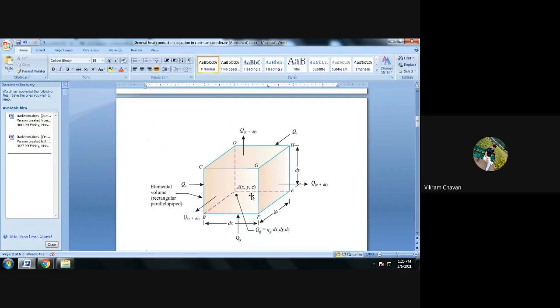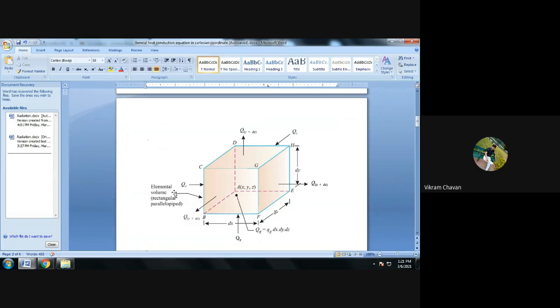In the case of a heater, we know that if you transfer the electric current through the heater, the heater will generate heat. That means each element of a heater will generate heat. So one of the elements of that particular heater we have considered over here, and we are analyzing the heat transfer through that element. In that case, this element will also generate heat when it receives the electric current. So at that point, we can say that Q suffix g is the heat generated in the element.